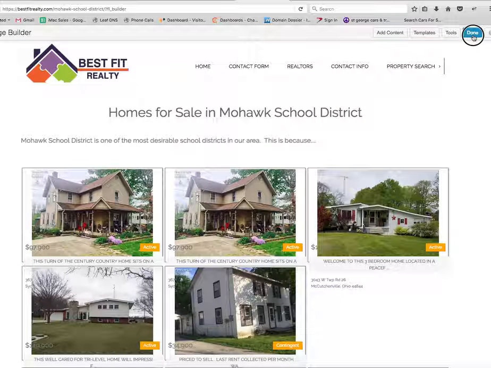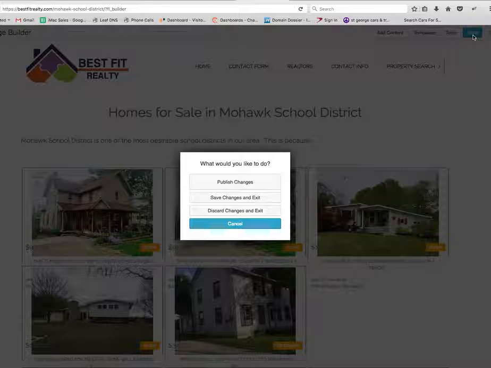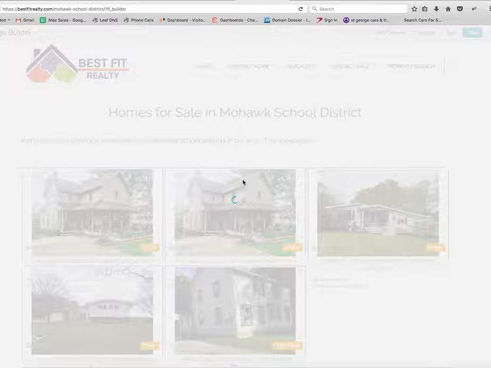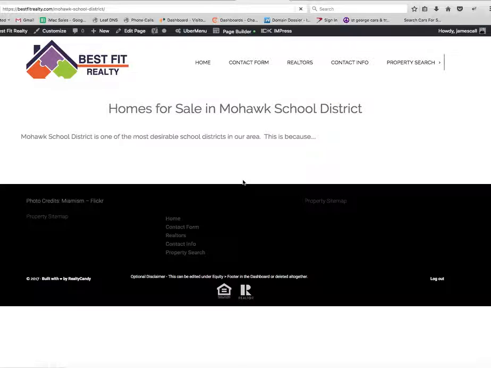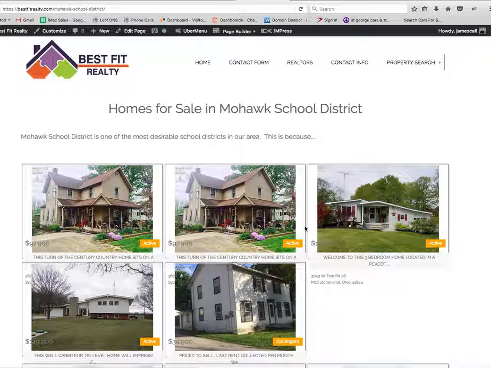Once we're done, we hit the done button right here and publish those changes. And now all we need to do is ask one of our developers to come over here and adjust some of these settings. It looks like the picture's